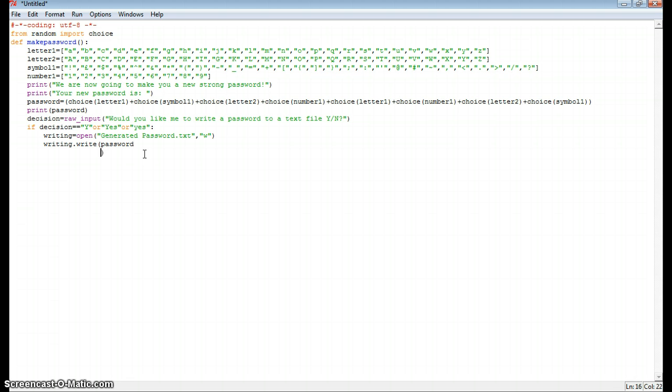And then we want to press enter, and then backspace, and we want to put an else statement. So if they put no or something else, then we're going to want it to say something else. So then you just put print and just put "thank you for using"